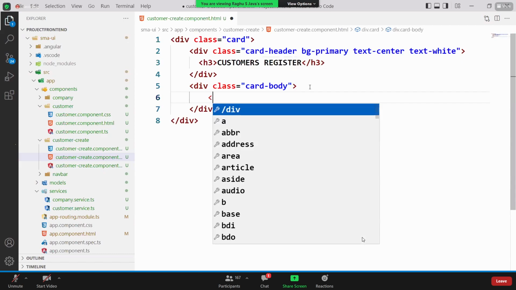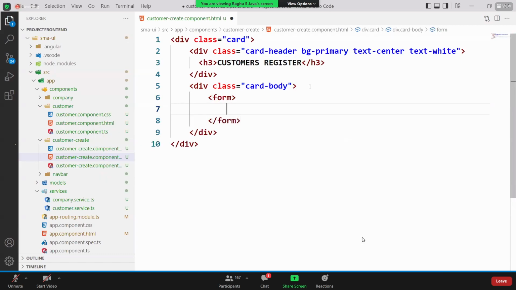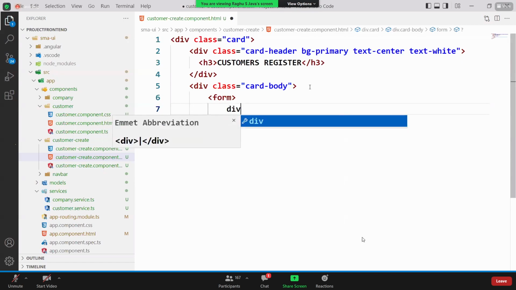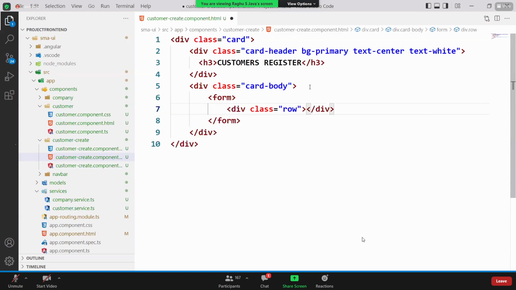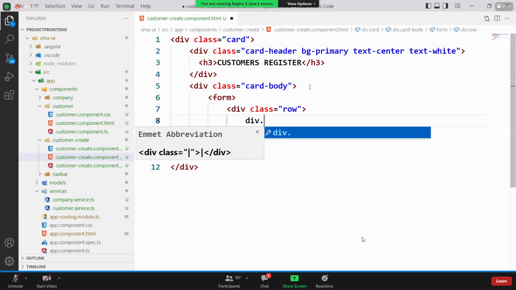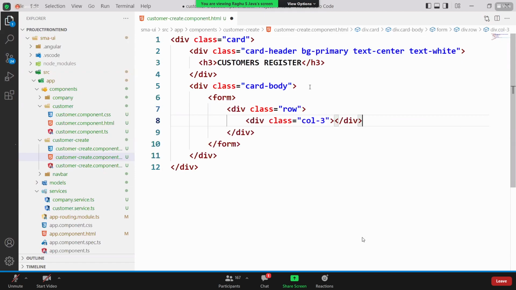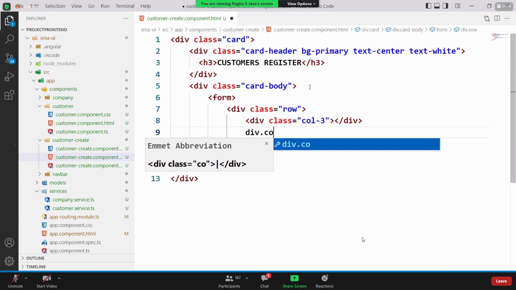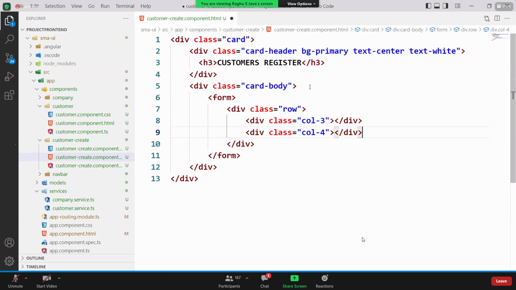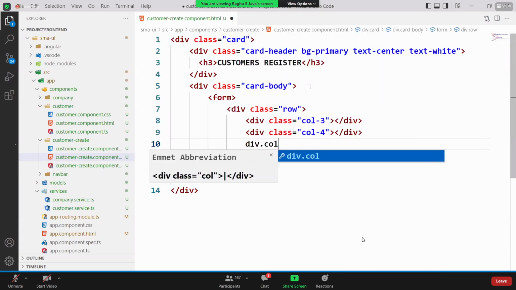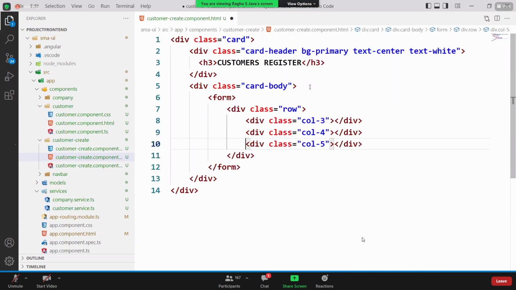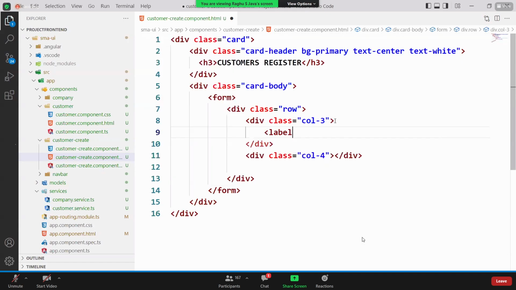In the body I'm creating a form. I'm just taking a bootstrap design here, where we'll be having a label,